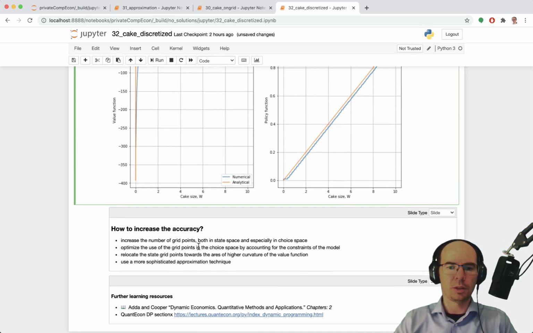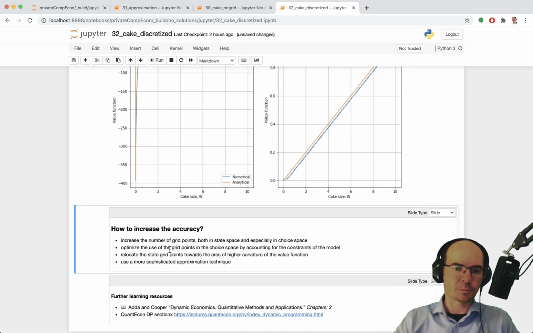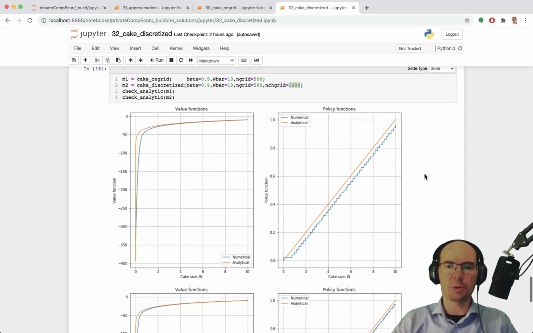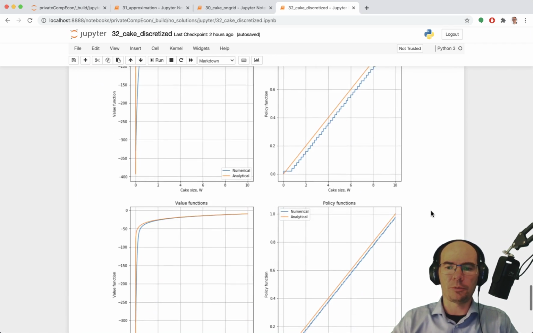What else can we do? Optimize the use of the grid points in the choice space by accounting for the constraints of the model. Let's try to think about what that means. Well, when we are solving on grid, because we don't have this additional degree of freedom of how to model choices, there is not much to do. The difference between the grid points of the state grid is just going to be what it is. Now, for the choice grid,